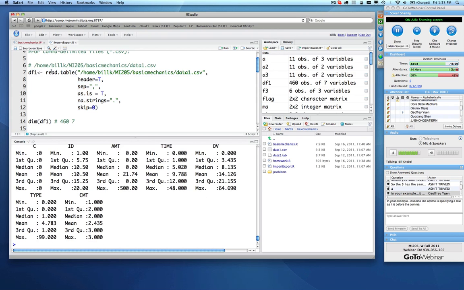So let's talk a little bit about some of these arguments in read table. First, we have an argument called header equals true. That just indicates to R that in fact there are column headers and that they should be treated as column headers. I'm telling you what the separator is. The separator is a comma because it's comma delimited. As is equals true. By default,